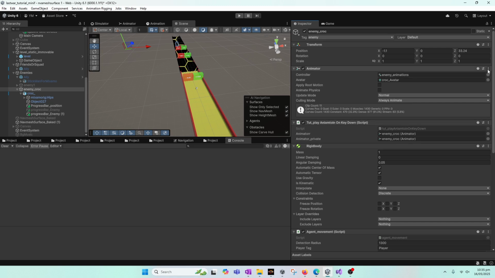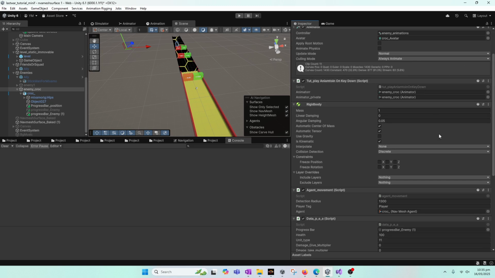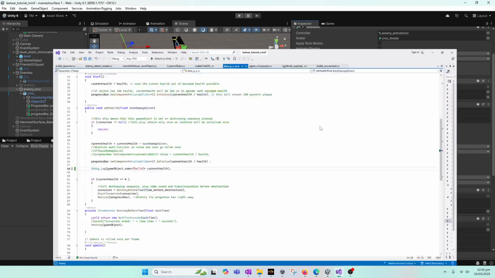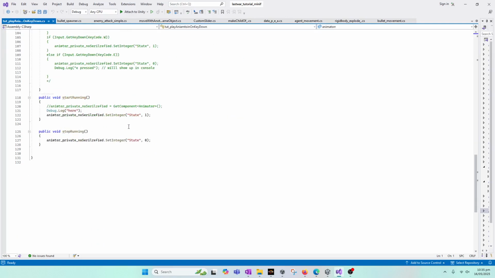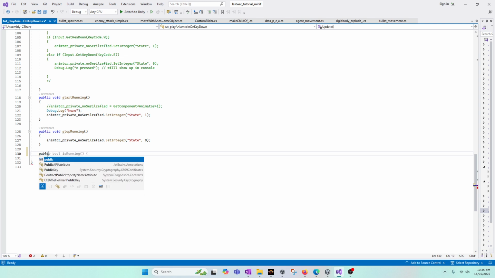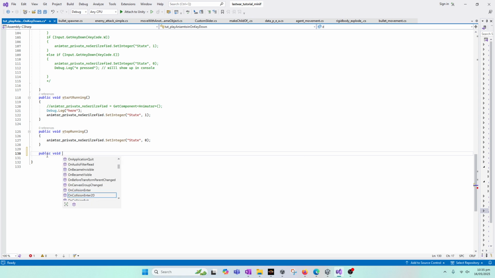this is the animator, and oh sorry, this is the tutorial play class, an edit script which supposedly has loads of animation running on it. Here we can put a public void, show death, start death,